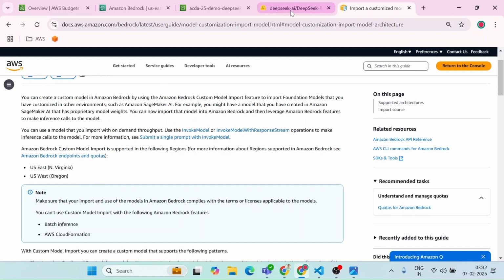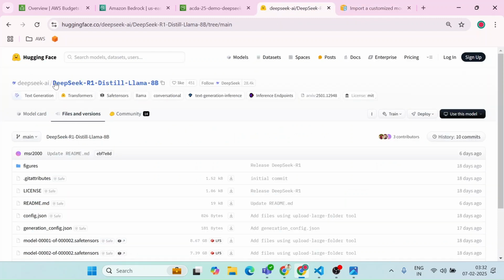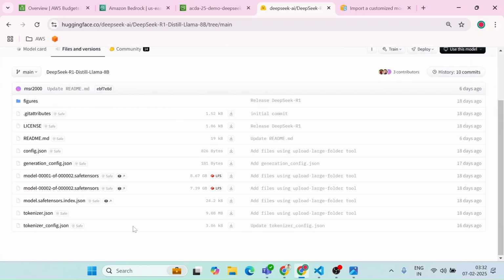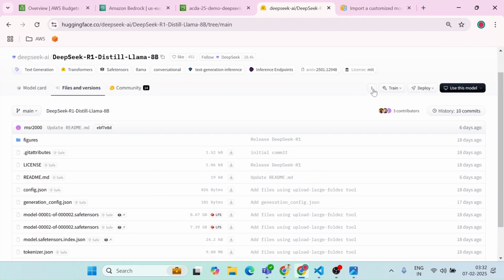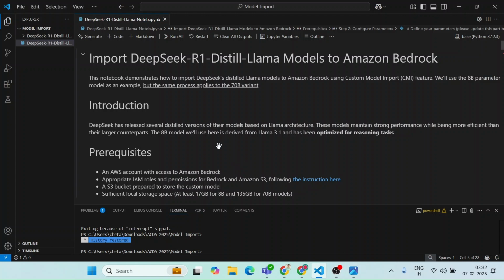Okay, so now let's go to Hugging Face, and I'm checking the DeepSeek-R1 distill model. This is the model we are going to import on Bedrock. Here you can see that as it is a distilled model, the weights are around 15 GB. Now you can either clone the repo directly to download this model, or there is another way: from a Python Jupyter notebook you can just write some code. I'll walk you through how you can download the weights